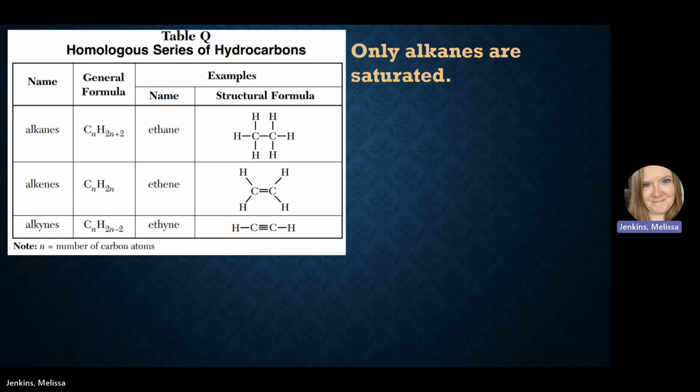All right, then for table Q, you should know only alkanes are saturated, right? The other ones, not being saturated, what are they? Unsaturated, right? So you know how to use table P and Q together to name them. So this